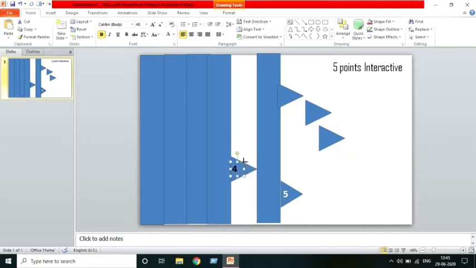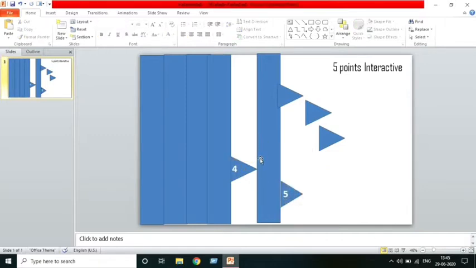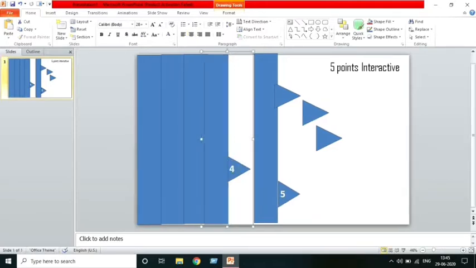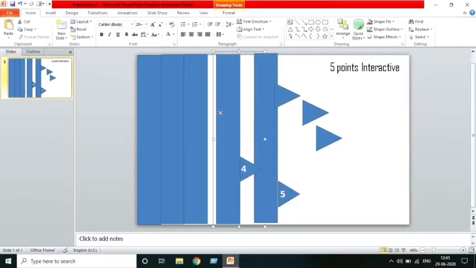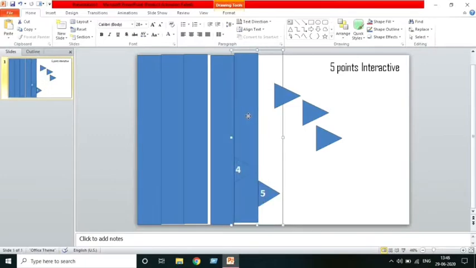Place. Again one more thing we left, that is to make the background white, theme color white, so that it will be visible. So now you can see this is also done, this bullet is also ready. Okay, so this we are also going to group together. So this is the rectangle, hit the shift key, click over this and click on this 4 as well. Again hit Ctrl G, bingo, this is also grouped. So these two fields we have grouped together.